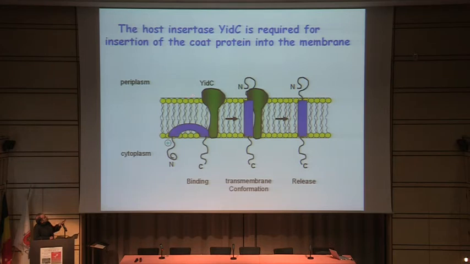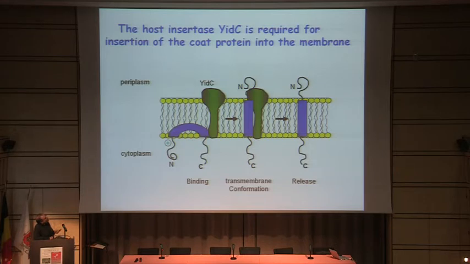So the name is YidC. The YidC protein is an inner membrane protein which has a large periplasmic domain, and then it has in total 6 transmembrane regions, and it interacts with a coat protein and the major coat protein, for instance, and I will